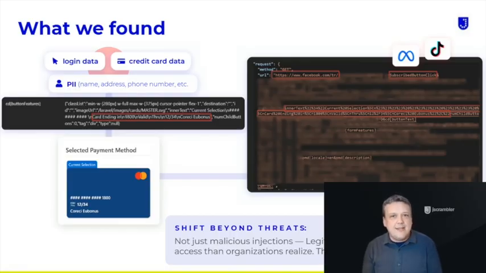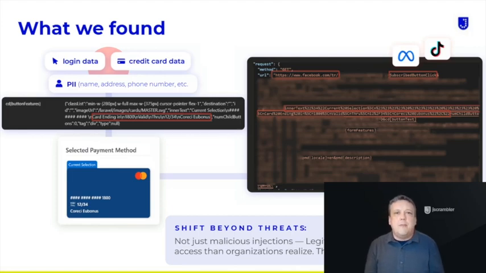We were looking into data collection by third-party pixels, the types of things that advertising and social media companies use to track users around the web. We looked at major e-commerce merchants, some household names, top 500 global retailers. And we looked on their payment pages, and we found there several instances of advertising pixels. So TikTok and Meta in this case. And they were receiving the personal data, things like names and addresses, purchase details, as well as the last 4 digits of payment card numbers. Think about that for a moment.